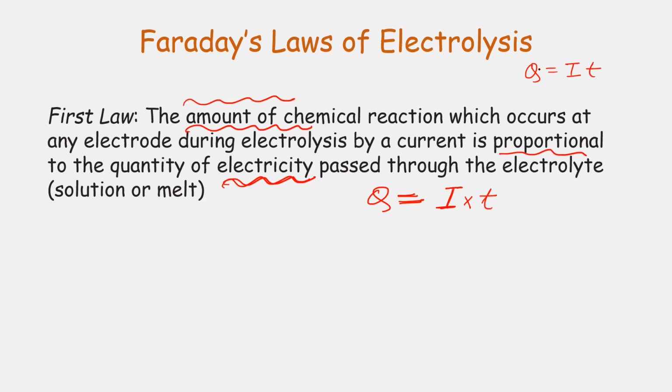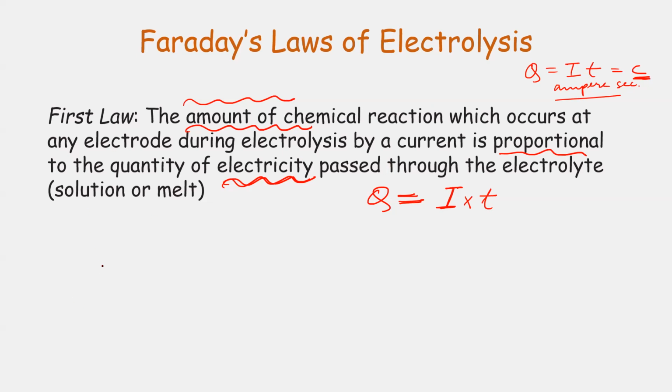If we pass I amount of current in T time, we will get Q amount of charge passed. I is in ampere. T is in seconds. Now ampere into seconds make up another unit. Now what is that? Coulomb. Yeah, very good. So this will be measured in Coulomb. Q is equal to IT.